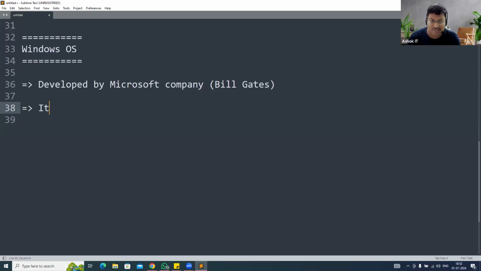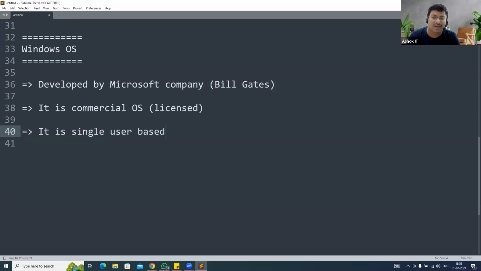It is a commercial operating system. That means licensed. If you want to use Windows OS, then we need to purchase the license of the Windows operating system. Windows operating system is a very famous operating system in the market, guys. It is developed by Microsoft company, and Windows is a commercial operating system. We need to purchase the license in order to use that Windows operating system, and it is single user based